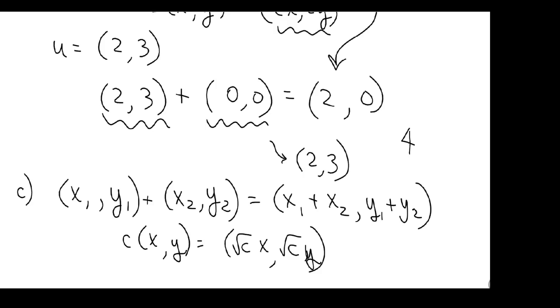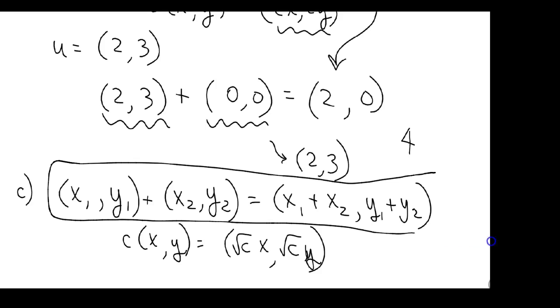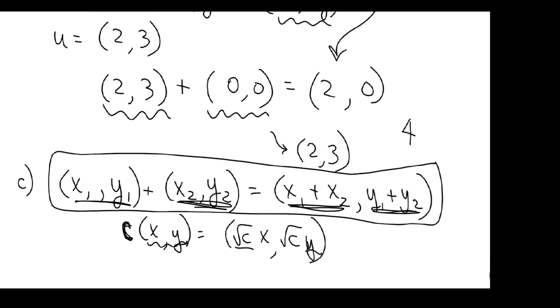In Part C of number 25, the addition of the two ordered pairs is our standard operation. In other words, if you add two ordered pairs, you do so by combining the x's and combining the y's. But scalar multiplication, if I'm multiplying a scalar by any ordered pair, I'm supposed to get the square root of that scalar times x and the square root of that scalar times y. Well, that's a pretty easy one to